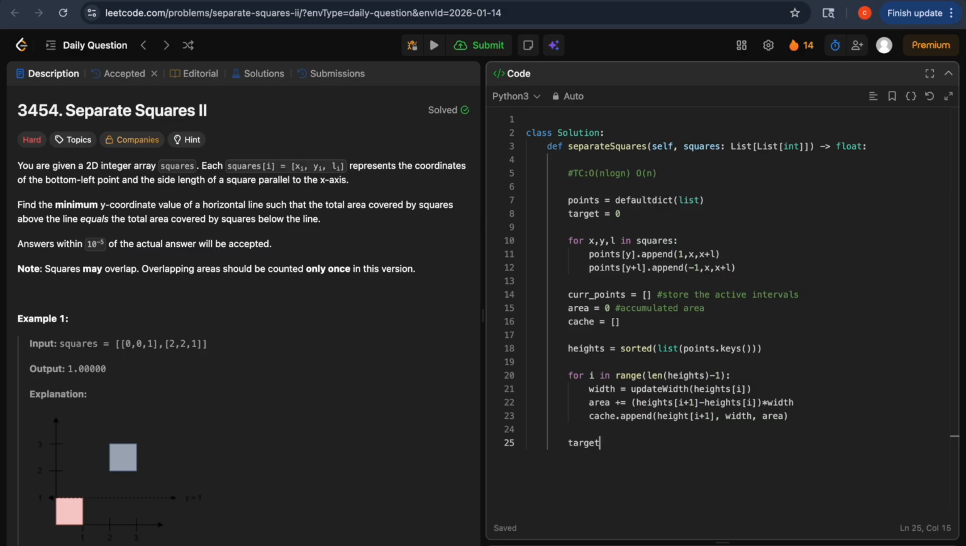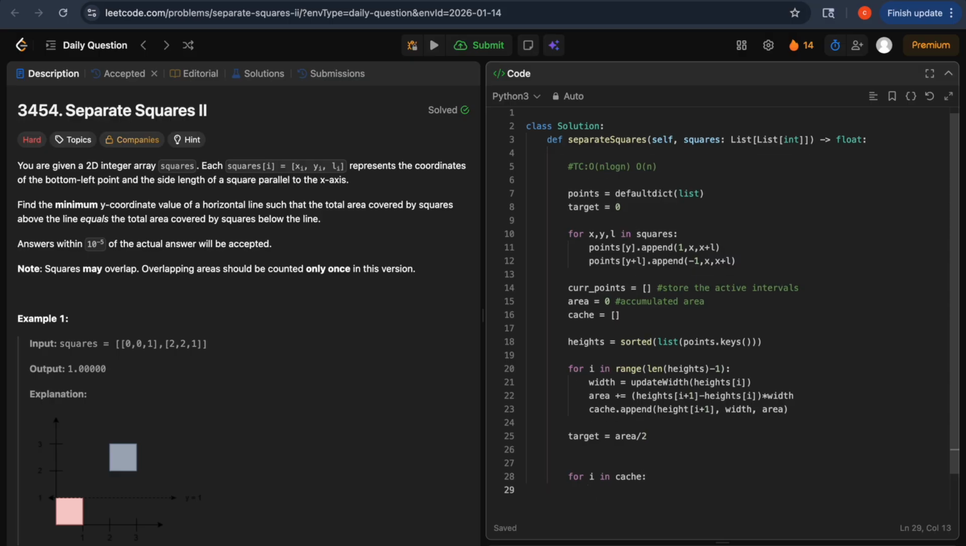So target is equal to total area by 2. And now you have to iterate through the cache and apply the function if the area is greater than or equal to the target, right? So we have three values in the cache: height, width, and area, right? So for I in cache, if I of 2, index position 2, we have the area, right? So if it is greater than or equal to target,